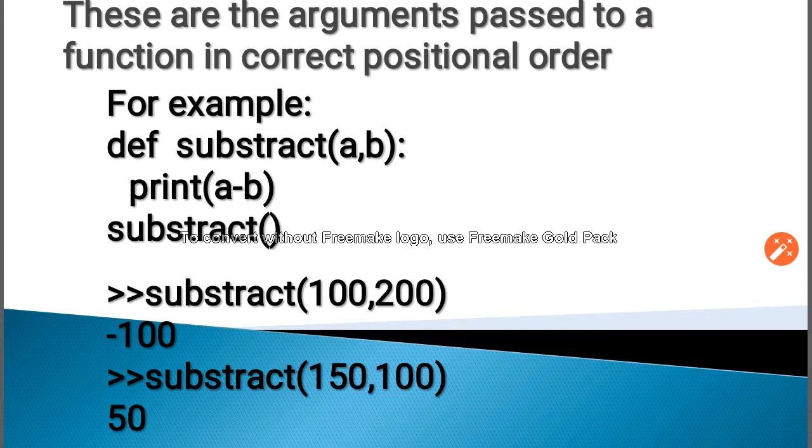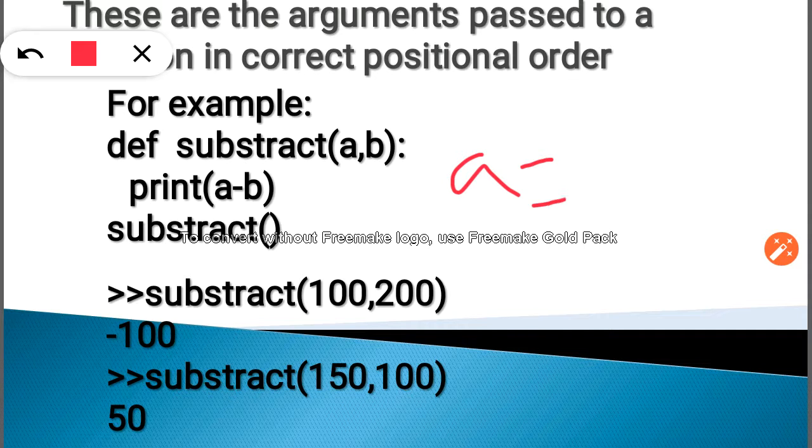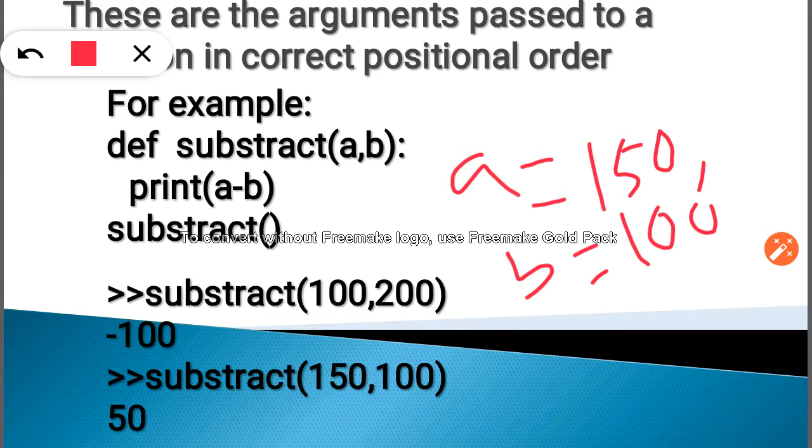Even if I call this function as subtract 150 comma 100, then I'll get 50. So here what is happening? A is equal to 150 and B is equal to 100 for this sort of case. Understood?